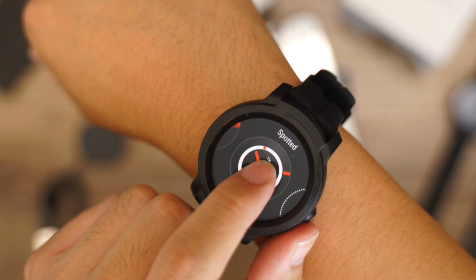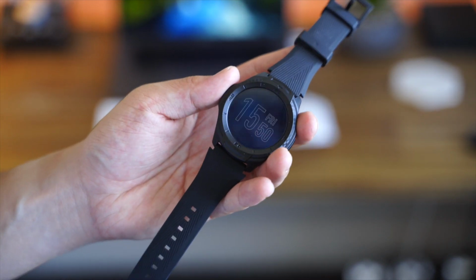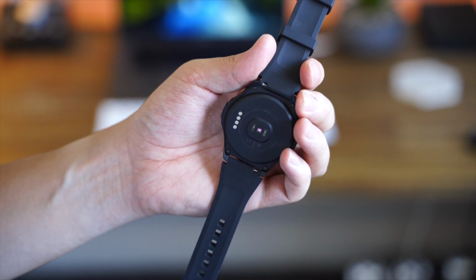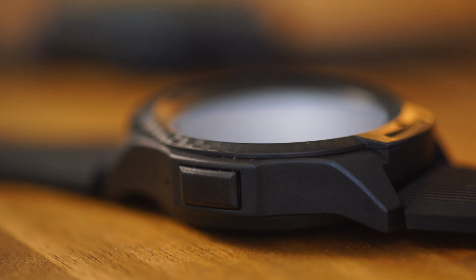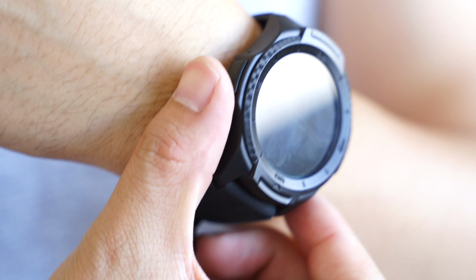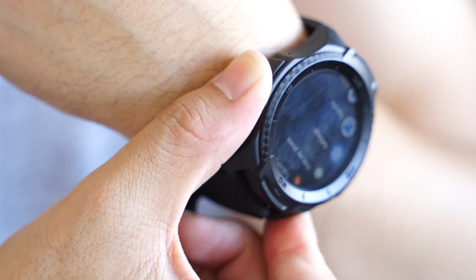Straight from the get-go, you can tell this is a budget-oriented smartwatch. It's made from a really hard polycarbonate plastic shell with just a single button and flanked on either side by soft silicone wrist straps that are quick swappable. Now, despite its materials, the tight tolerances, nice clicky buttons, and comfortable straps make it feel a little more premium than it actually is. And because of the overall plastic build, you end up with a delightfully light gadget that can live on the wrist for a really long time, more than the other Ticwatch models, for example, like the